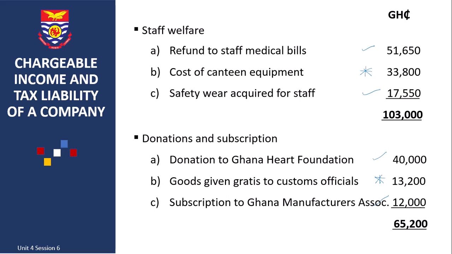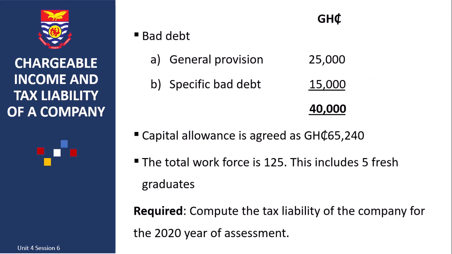This is because we are donating for a national purpose, or for the greater good of the public. So here one trick is that any donation given to Ghana something, so Ghana Football Club, Ghana Manufacturers Association, Ghana whatever name, it is allowed. And those in respect of individuals, let's say church elders, chiefs, officials, it is disallowed. So please let's take note. Bad debt, general provision, we are going to disallow, and specific bad debts we are going to allow.